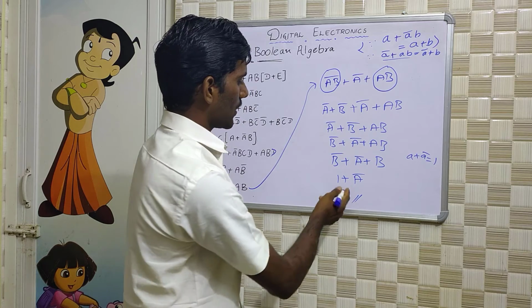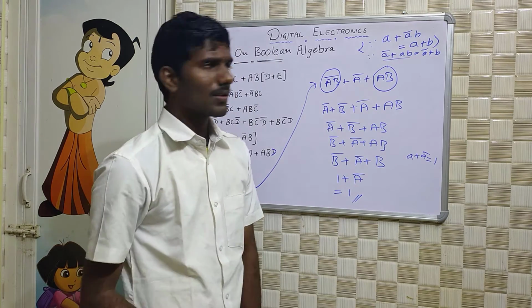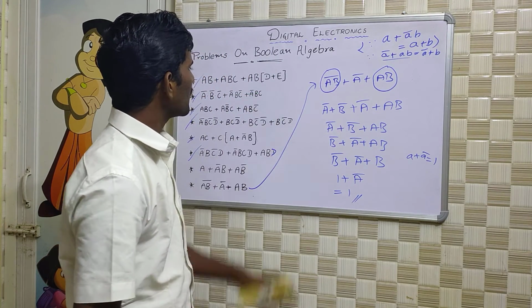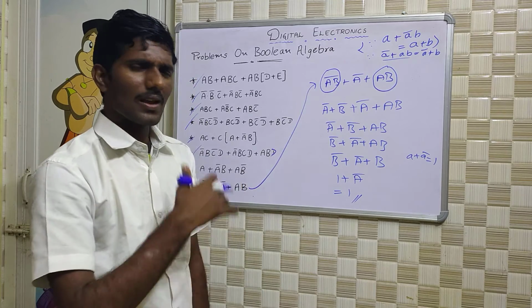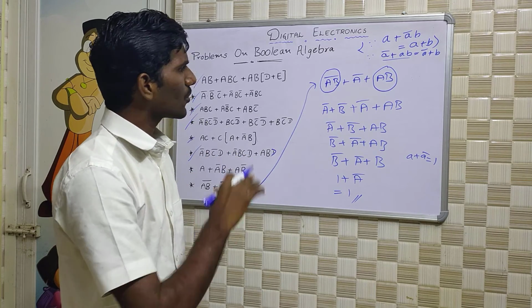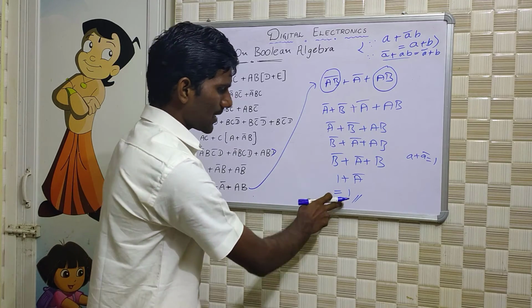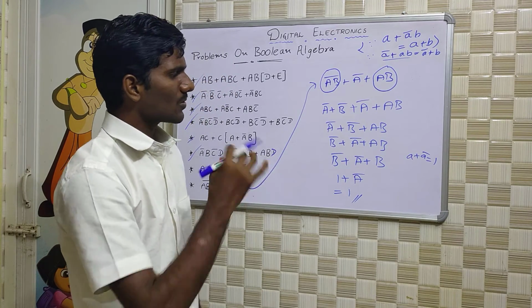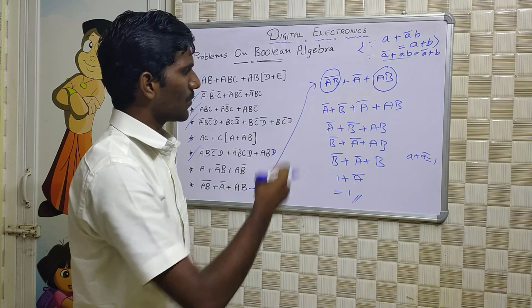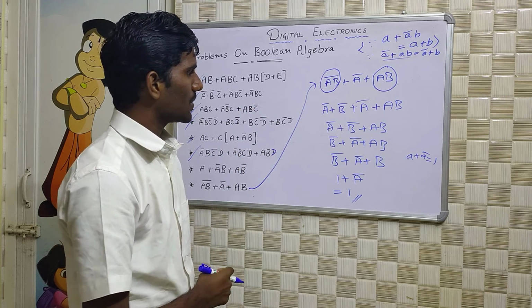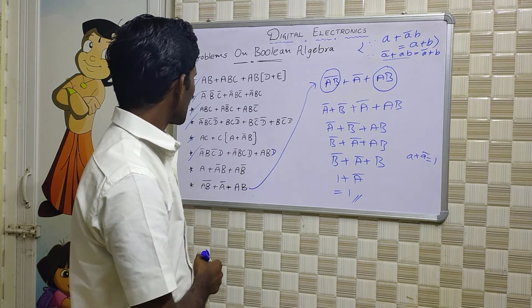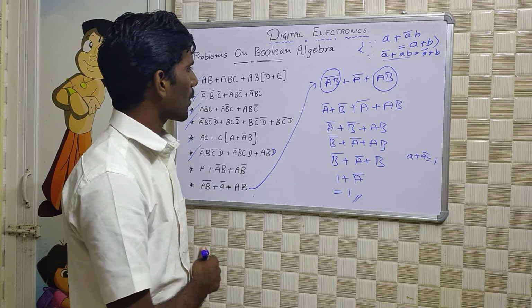So one thing, the Boolean algebraic equation can be reduced in any form, you can use any method, any properties, but the answer will be the same. So choose the method with fewer steps, then it will be the simple method. So we can see more problems.